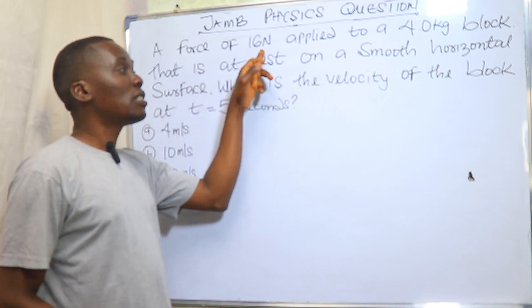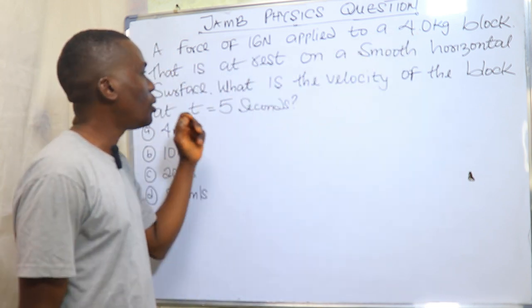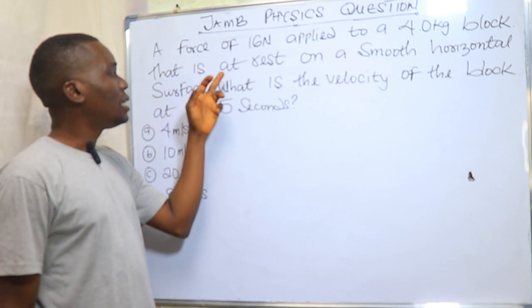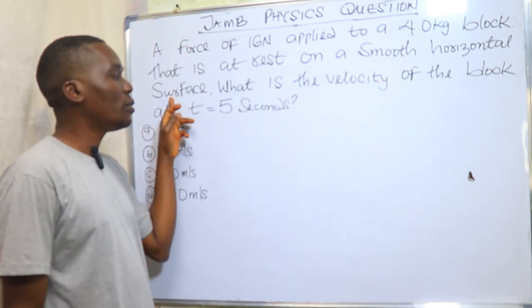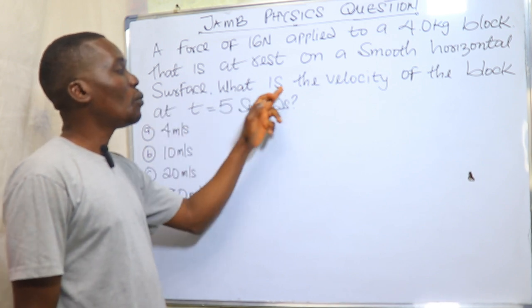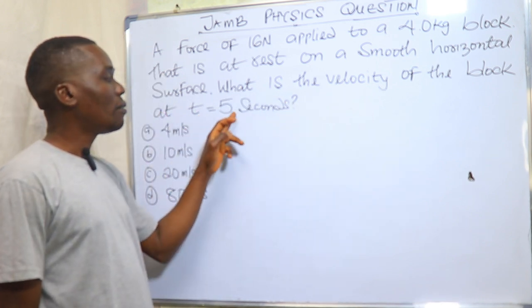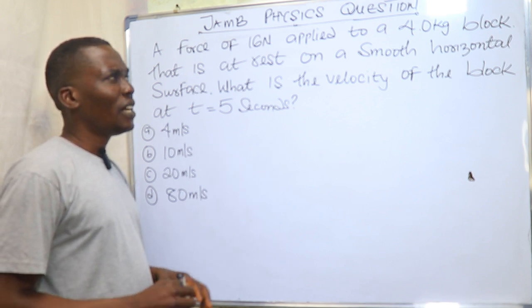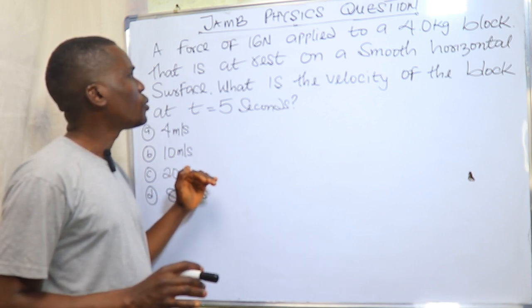One force of 16 Newton is applied to a 4.0 kg block. Now that block was at rest on a smooth horizontal surface. The question says, what is the velocity of the block at time 5 seconds? This block is at rest as it is, and one force